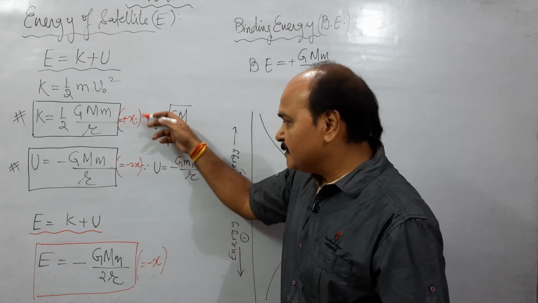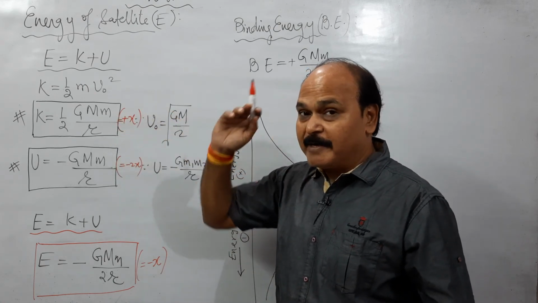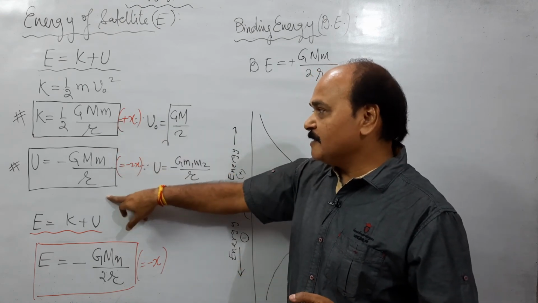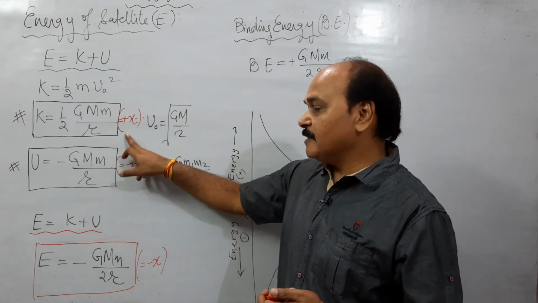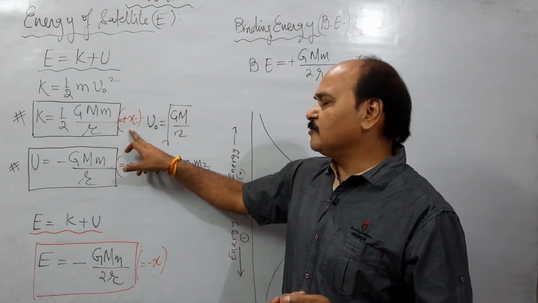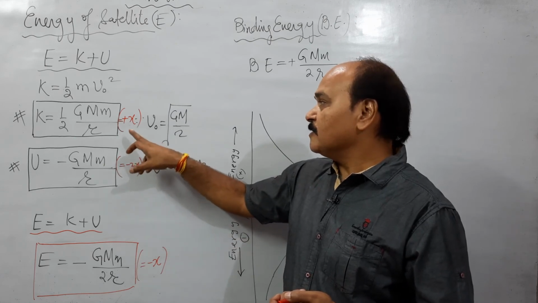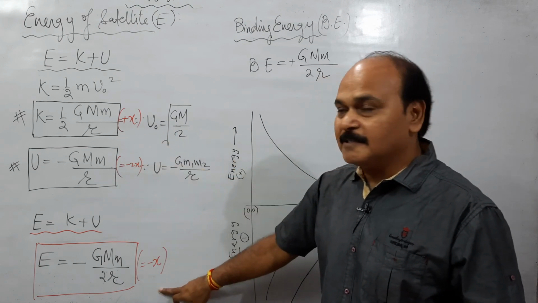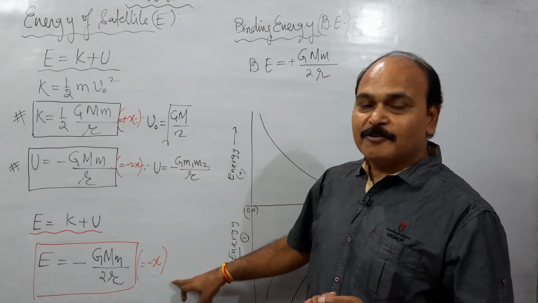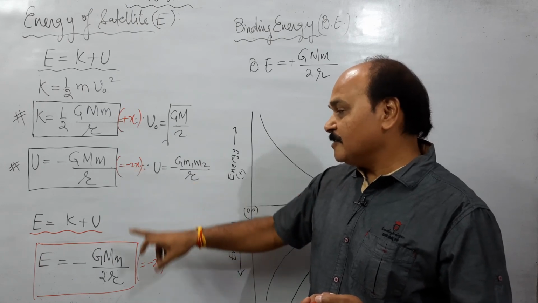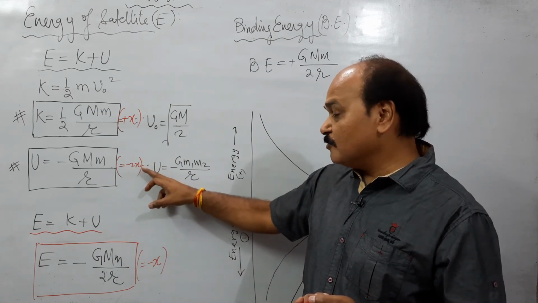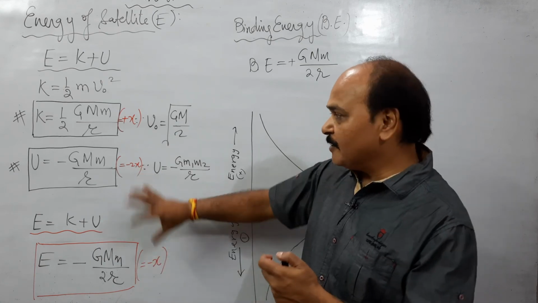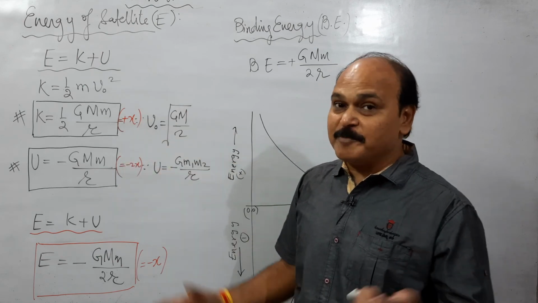Now, if we know this, the comparison of the values in our mind, we can work out the ratio of kinetic energy to potential energy to total energy, or kinetic energy to total energy. What is the ratio of kinetic energy to potential energy? It is minus 1:2. What is the ratio of kinetic energy to total energy? Minus 1:1. What is the ratio of potential energy to total energy? Yeah, it is 2:1. Mass will cancel out, 2/1. So you can find out the ratio of any of these three values from each other.